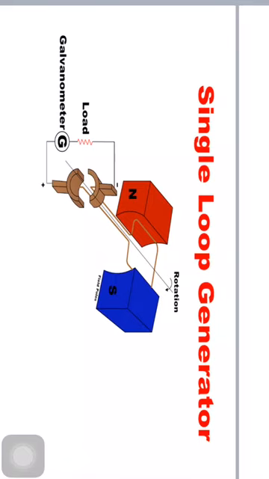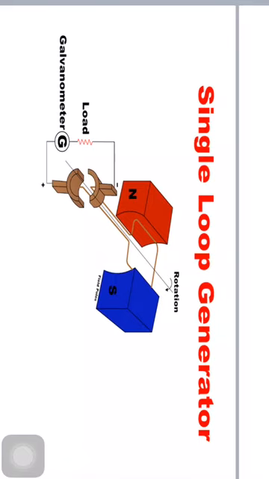Okay, so the working of a simple loop generator is when the two wires or conductors or coils are placed between the magnet bars, and just imagine that the coil is rotating clockwise, the flux starts changing its value, and as a result, EMF is induced in it. Okay, and next one,